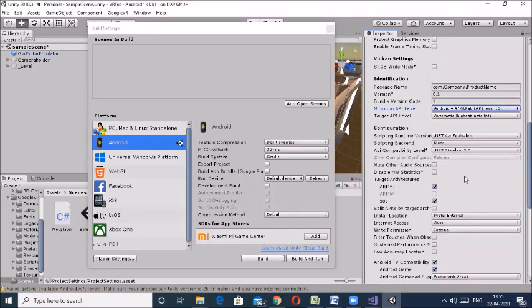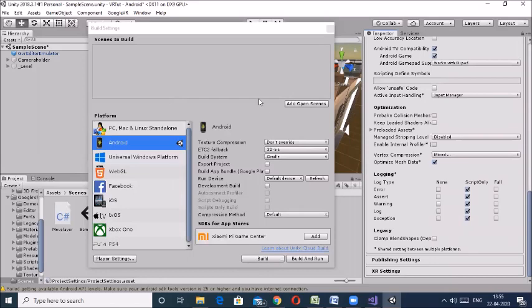Okay, so after all these settings you have to add the scene. And now build. After building it, whenever you install this app on your Android phone and run it, you will see that the screen will be split into two, like a camera view, one left and one right view. So whenever you put that mobile into your cardboard, you will get the feel of immersion in any virtual environment.